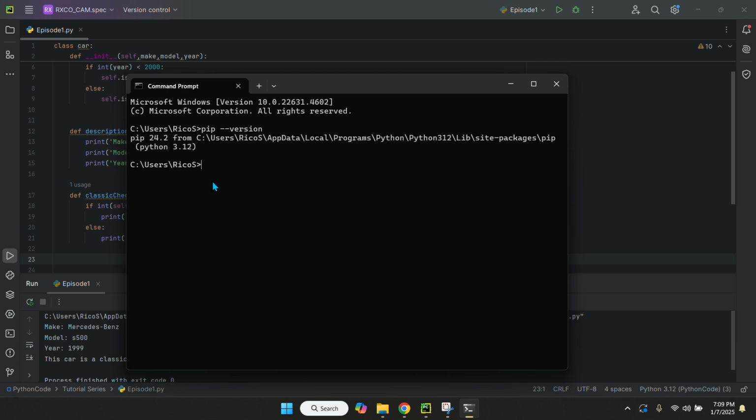This pip is what you use to download these modules. That's kind of what I'm trying to show you. Now you have pip installed, and you can install any module you want. I'm just going to show you one of the modules that I've used before, called PyAutoGUI. How would you want to install that? All you do is you go pip install